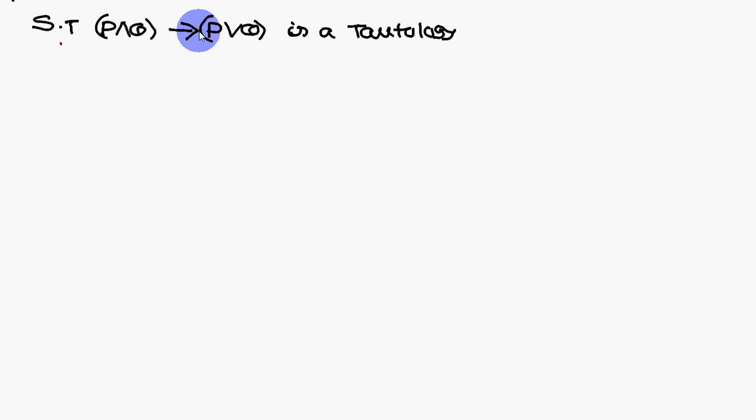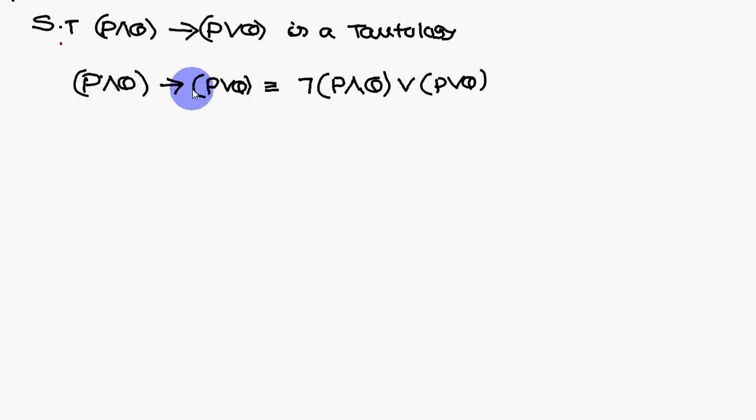Now show that this one is a tautology. So P and Q conditional P or Q. So I have removed the implication, therefore first one will get the negation. In place of that one you will get the R. So if you look at this one, next apply the negation, not P and Q becomes not P or not Q, or P or Q you will get. Next what you have to do? This one you have to prove as a tautology.